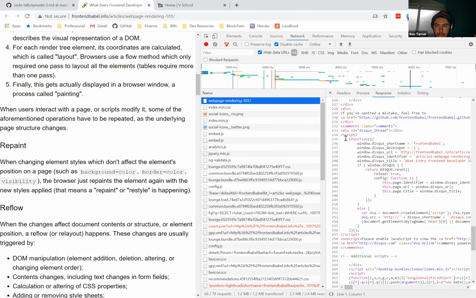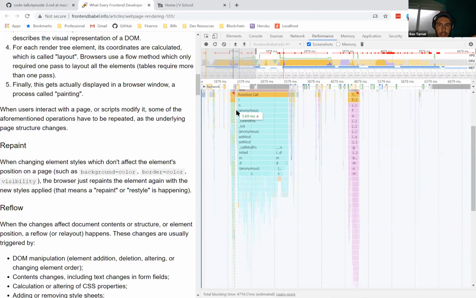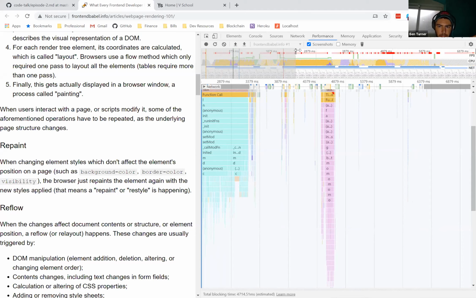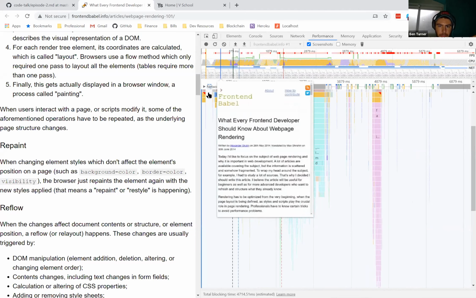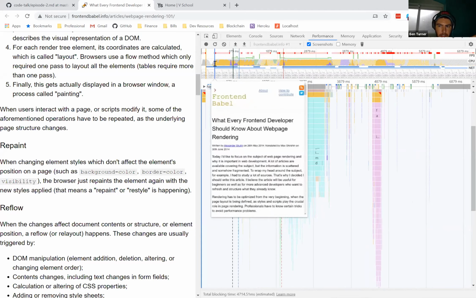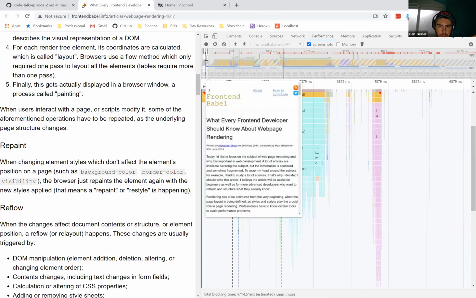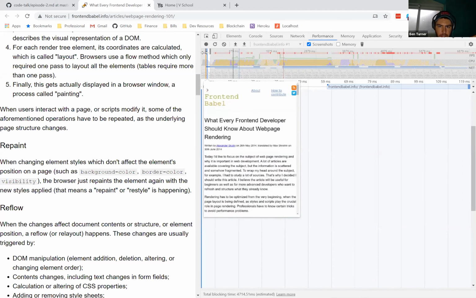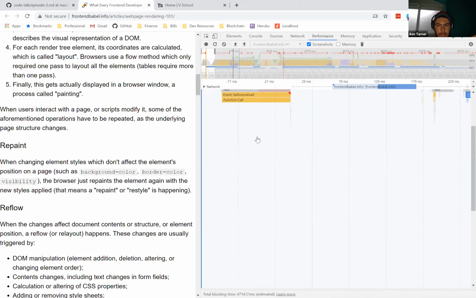Almost. Here we go. All right, here's a script. So as the DOM is parsing this, it sees the script tag and goes, oh, let's run it. And that's why you see in the performance tab that, let me go back here. If we look at this little area. There it is, okay.